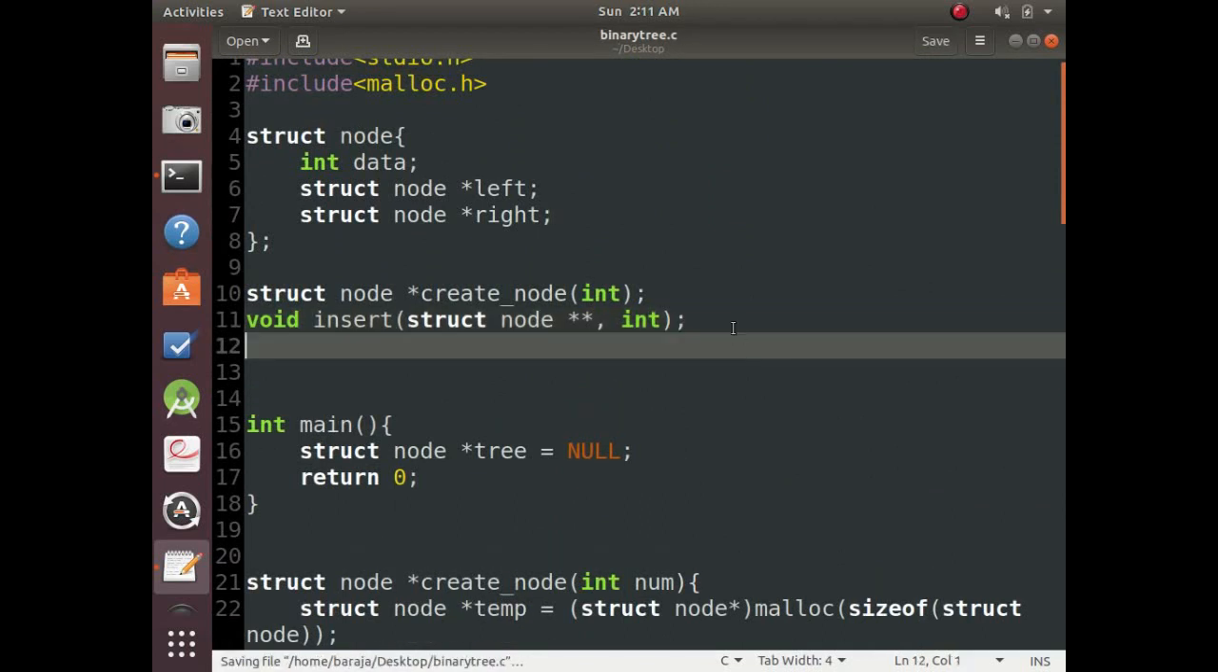Now what we need is the display function. I will be writing three functions. One is preorder, then inorder, then postorder. These three functions will be displaying the tree in three ways. So let's write first void preorder. Here we'll be taking a tree parameter,